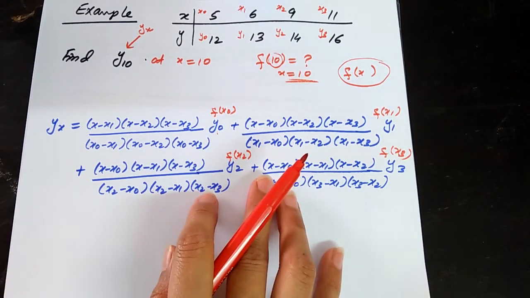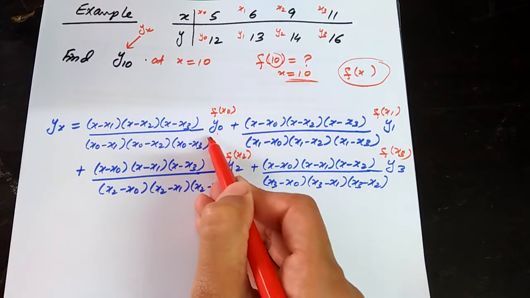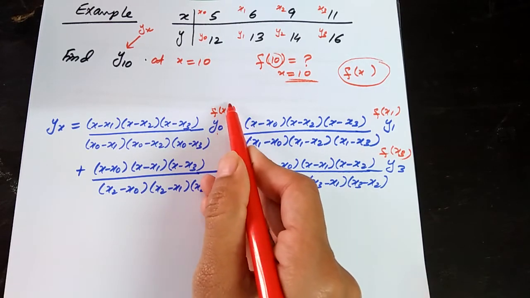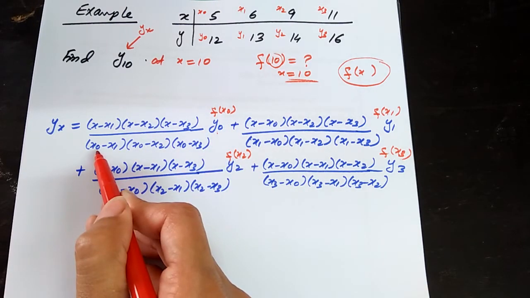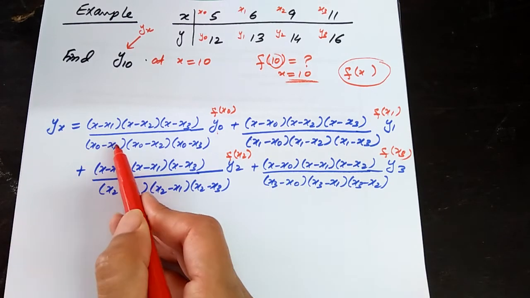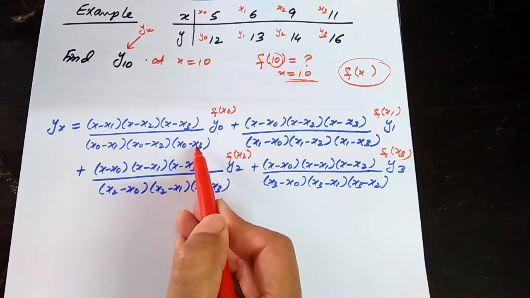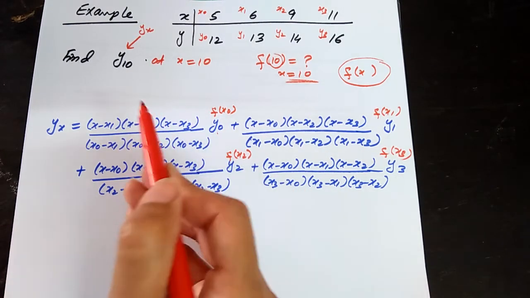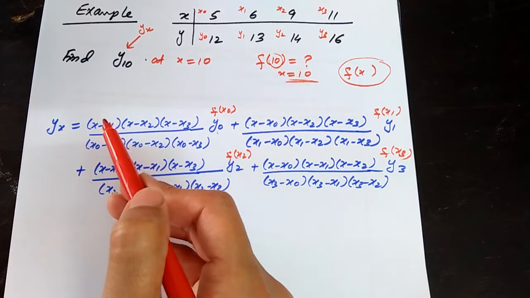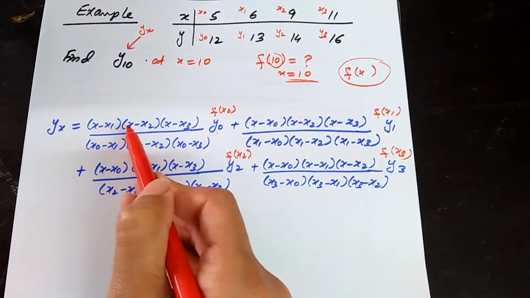Now how have you written this formula? First of all, you have to write the coefficient for y0. When you are writing the coefficient for y0 or f of x0, you have to take this x0 in your denominator and subtract all the x values from it: x0 minus x1, x0 minus x2 and x0 minus x3. And in the numerator, don't write x0 now, and write all the values irrespective of x0: x minus x1, x minus x2,